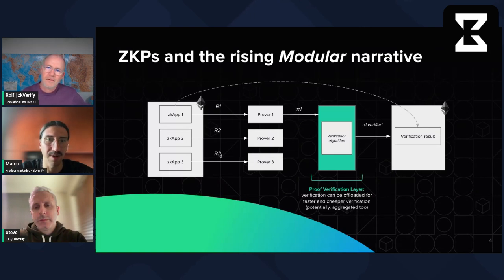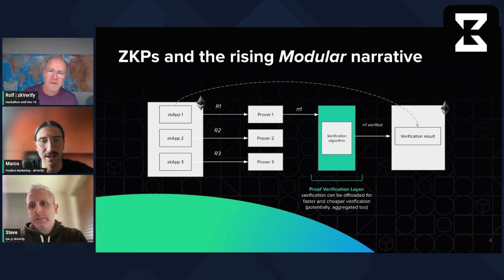So we have the same setup as before with the different zk apps, but instead of sending the proof natively to Ethereum for verification, it goes through a dedicated proof verification layer. And the reason for that is that the verification layer can be dedicated, and because of that, be faster and cheaper for verification. And hey, those are key words though,